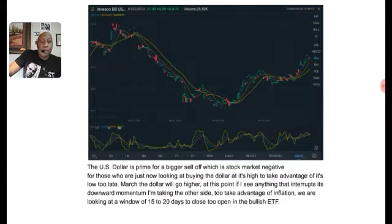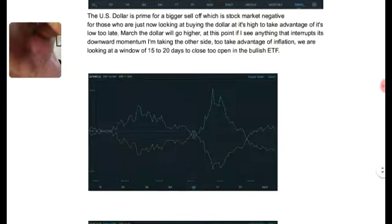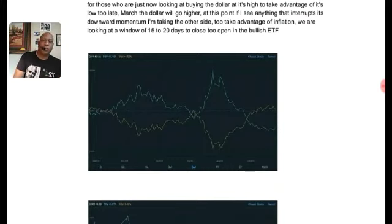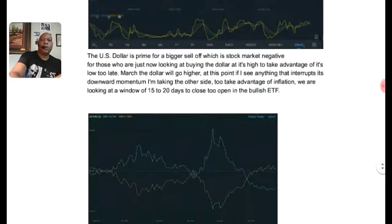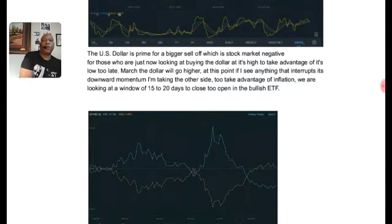KDJ, big time convergence. I think I'm not even in the picture here. I mean, I bought back before this. This was a technical setup right here. There we go. The US dollar is primed for a bigger sell off,